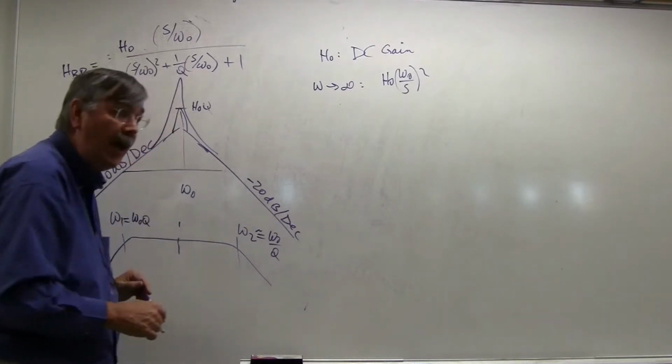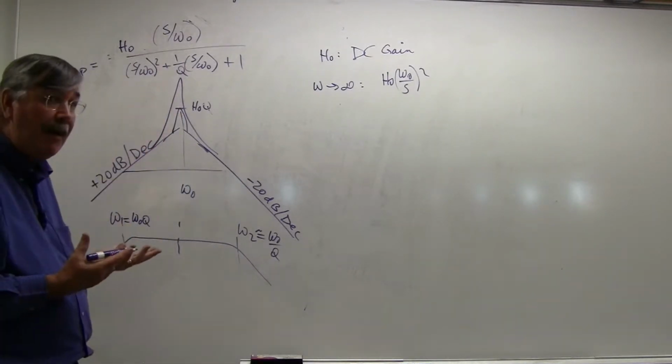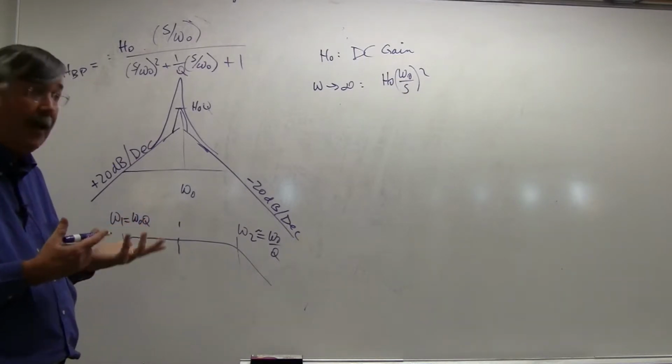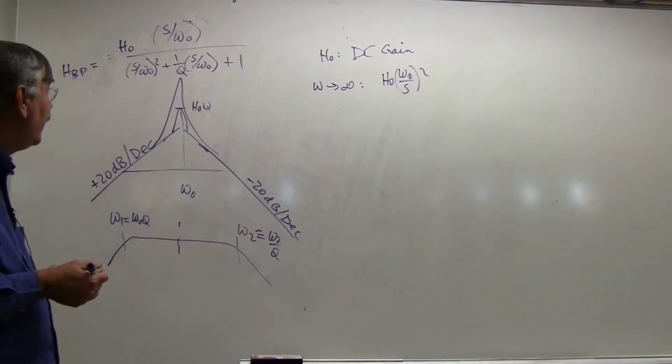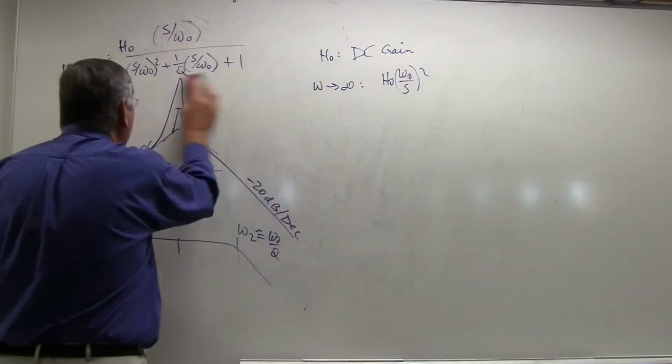It's not uncommon to have pretty high values of Q in some circuits, so we may have bandpass filters with Q that's substantially greater than 1. That definitely happens in some cases. Here's an interesting thing